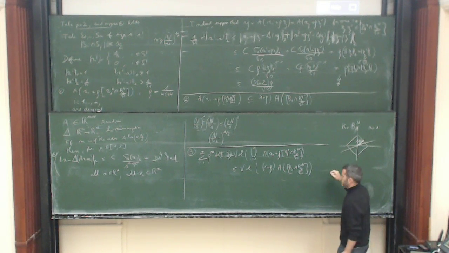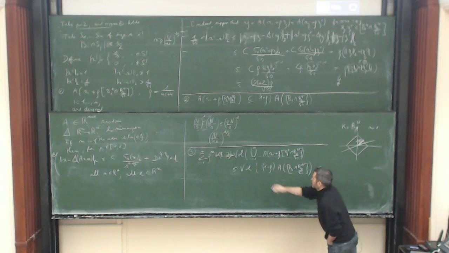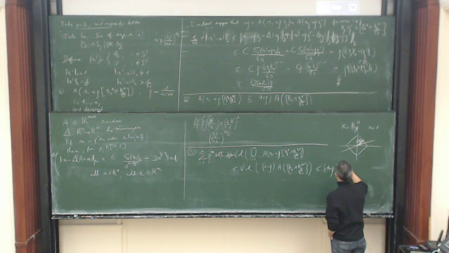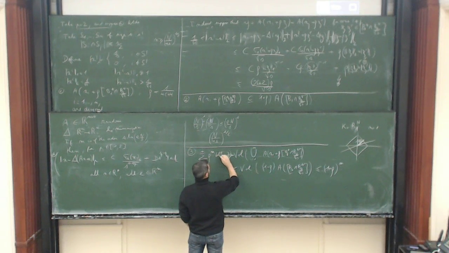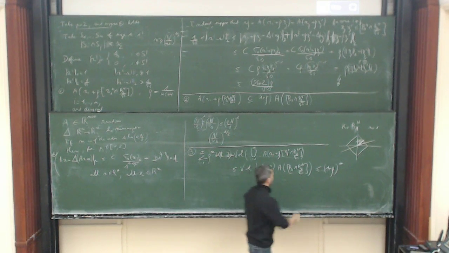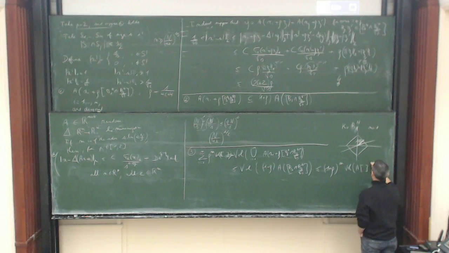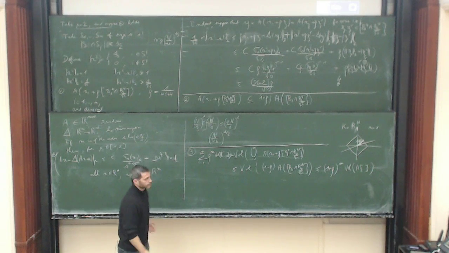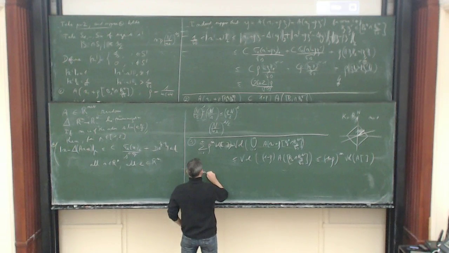One set is included in the other, and for the same reason, the scaling factor will come out to the power m. And here again it's the same volume, A applied to this intersection of two balls. Okay, so simplify by the volume to get